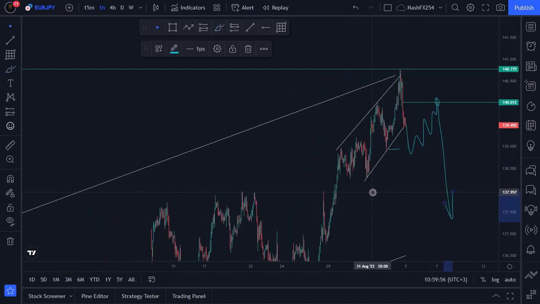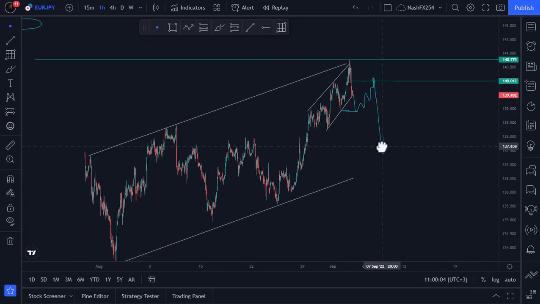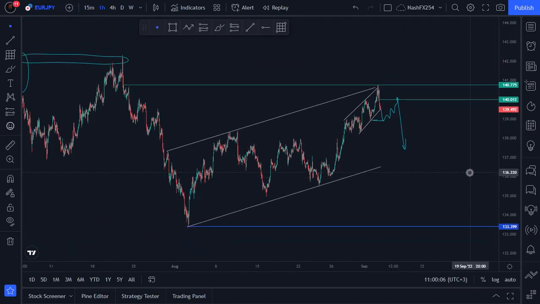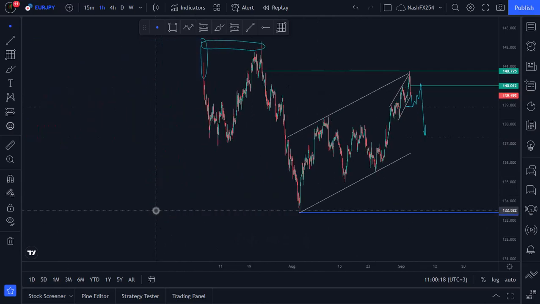Okay, so this one will be a lovely trade, guys, and most yen pairs, this one will be so nice. Everything is lining up nicely on Euro Yen. So all you are waiting for is just a break of structure and a pullback. Okay, once we get those two, we'll enter this trade up to the 90% rule over here,